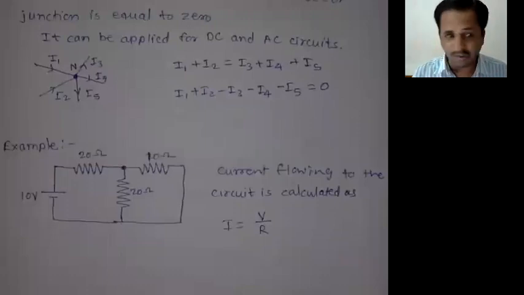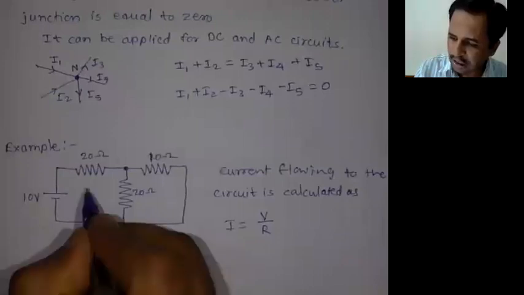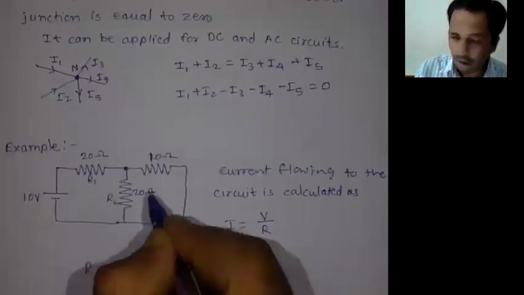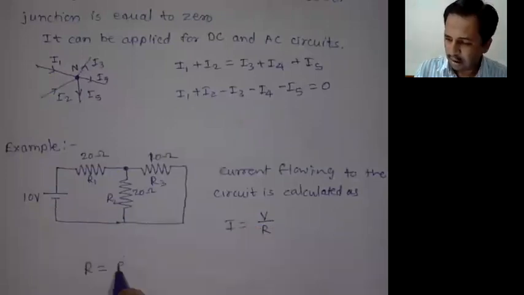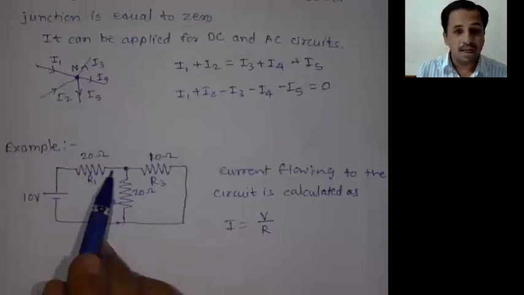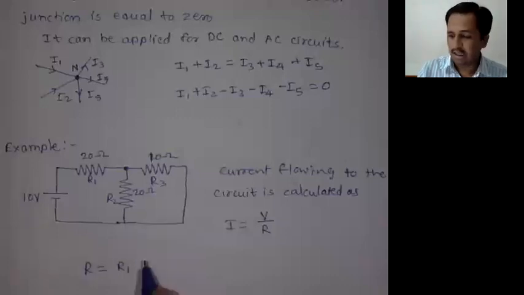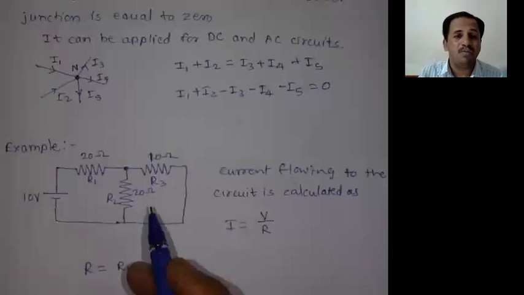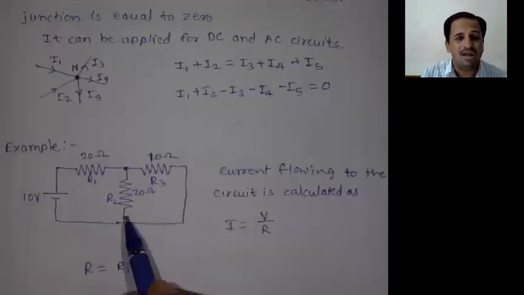Now to calculate that resistance value, we have to use the series-parallel combination again. R equals, now I have to represent R1, R2 resistance and R3 resistance. Now R1, here we have to start from this. Here these are the two parallel resistors, and for these parallel resistors we have to find out the parallel combination resistance, that is nothing but R2 into R3 divided by R2 plus R3.